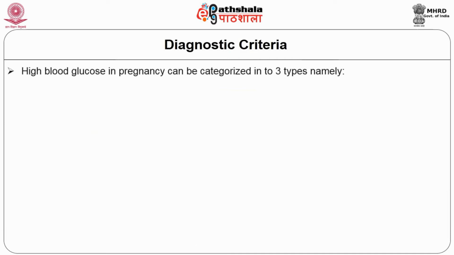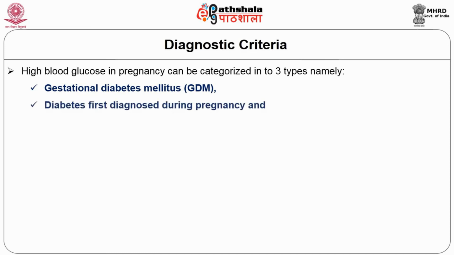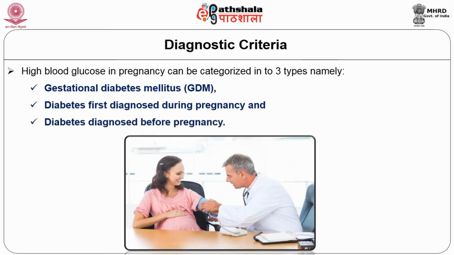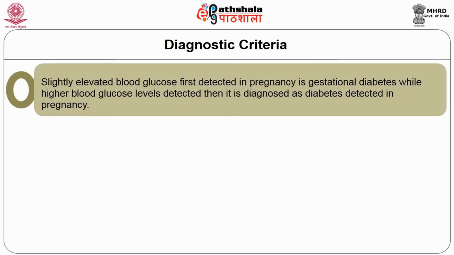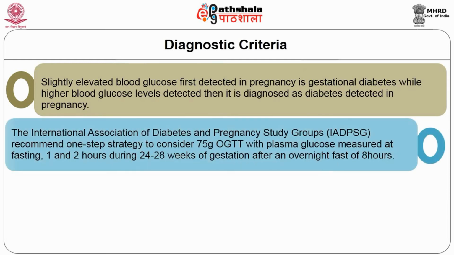So, high blood glucose in pregnancy can be categorized into 3 types: gestational diabetes, diabetes first diagnosed during pregnancy, and diabetes diagnosed before pregnancy. Slightly elevated blood glucose first detected in pregnancy is called gestational, whereas consistently higher blood glucose is called diabetes detected in pregnancy. The International Association for Diabetes in Pregnancy Study Group, IADPSG, recommends a one-step strategy to consider 75 grams, whose values I showed you a while ago, at 1 to 2 hours during 24 to 28 weeks of gestation